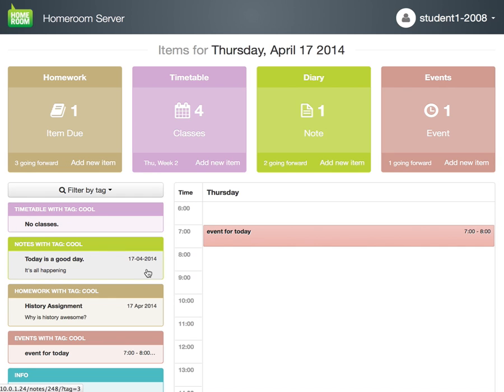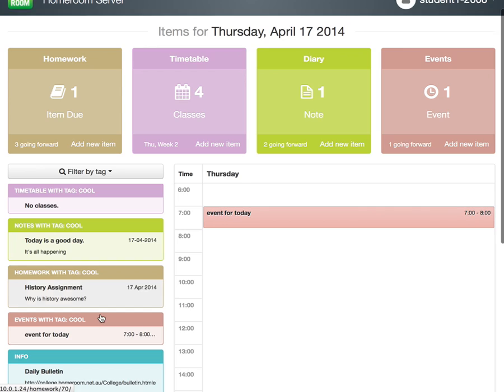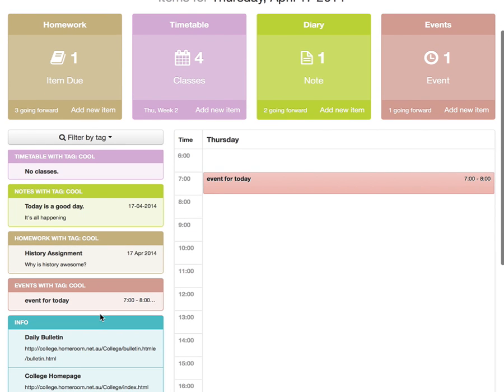Alright, and I'm getting a few more now. So I've got my timetables. Items have been tagged with cool. There's no classes, but I've got one note that today's a good day. I've also got the homework with cool, my history assignment, and I've also got the event for today, which is appearing in my time chart here. Okay, so that way if I've got a particular activity on, the school fair or whatever it might be, I can create a tag around that and then go and have a look at all the items that are connected to that. And then also I can